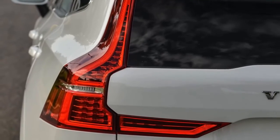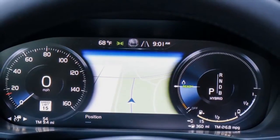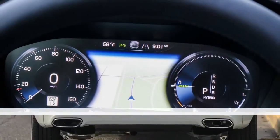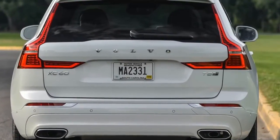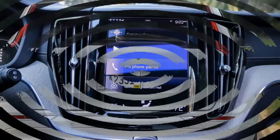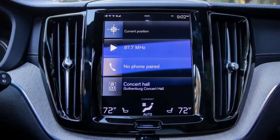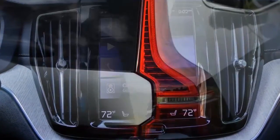Volvo offers a good range of engines and trim levels for the XC60 to suit a variety of buyers. However, we think the T6 Inscription model strikes the best balance of power versus cost and gives access to the XC60's more distinctive luxury amenities, such as 4-zone climate control and cooling front seats. The Inscription model's interior also oozes class with its beautifully shaped wood trims, a leather-wrapped dash and vertical bar